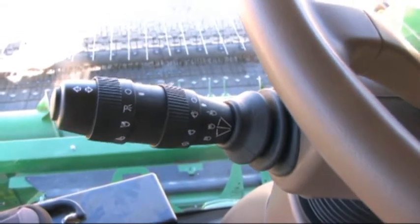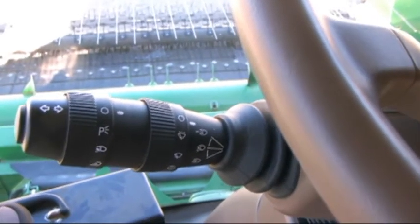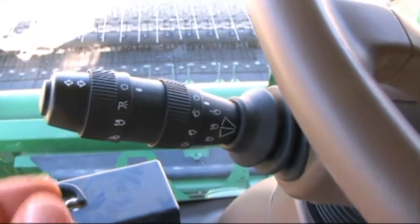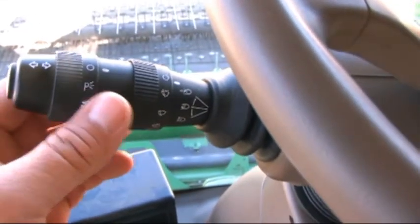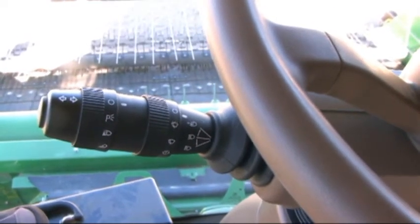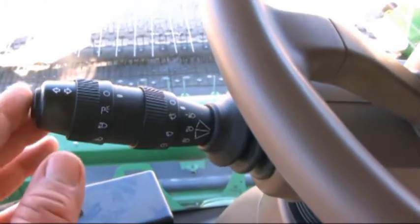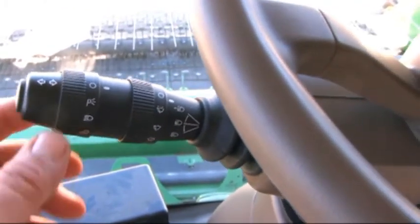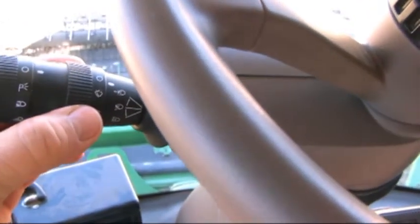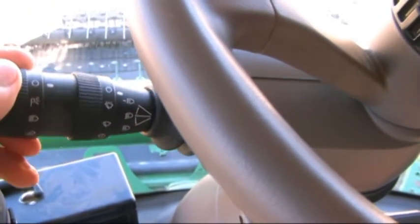Changes to the S-Series Combine steering column and controls. We've now gone to what we would call automotive style controls for the wipers and park lights. We've now gone to what we would call automotive style controls on the S-Series Combine steering column, horn on the end, our lights on the very outside. Next into that is our wipers, turn signals,